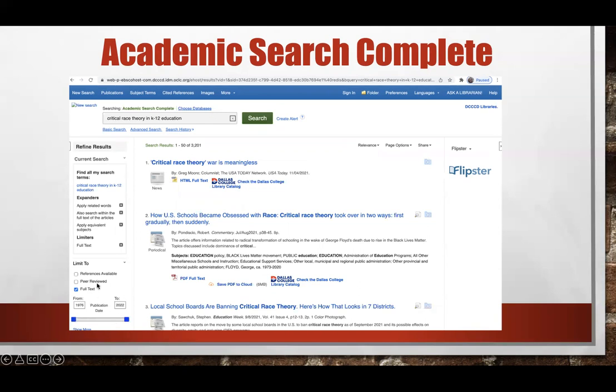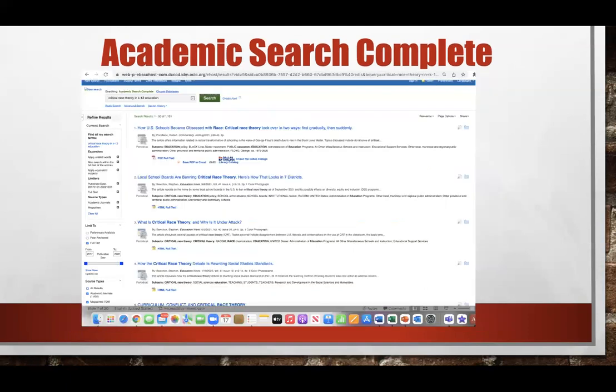Now over here, I've done nothing to reset my parameters date wise. I want to, because it is such a new term to me. Maybe it's not to you, but I'll go back 5 years. So I'm going to change this. Also, I'm going to limit it. I want to take out newspapers, everything, but well, actually that could be a good one. But for right now, I'm going to just check academic journals and magazines.